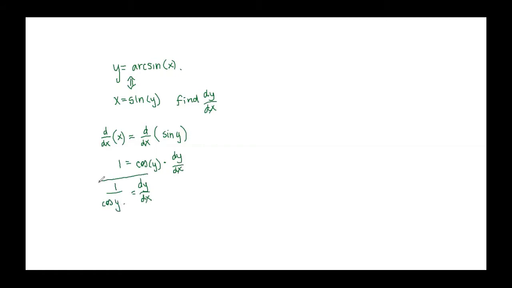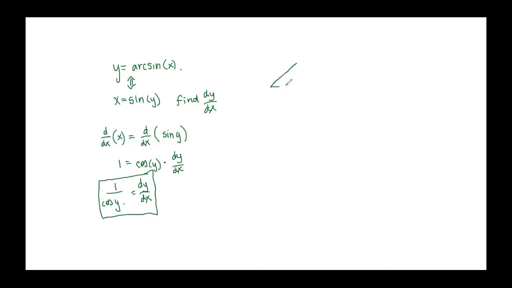Now, that doesn't look particularly familiar, but this part, and this might actually be something you did in a pre-calculus course, it depends on your class, but in terms of rewriting, I had in the original a sine of y, now I have a cosine of y, and I'd like to express either of those in terms of x. And here's the relationship between x and y. So you can do this in a circle or a triangle. I'm going to do this in a triangle here. So let's say that I have